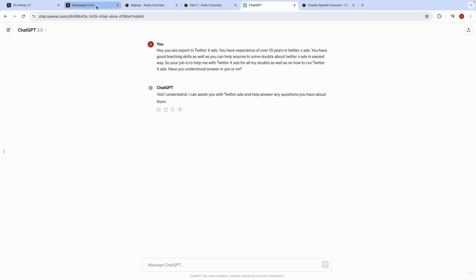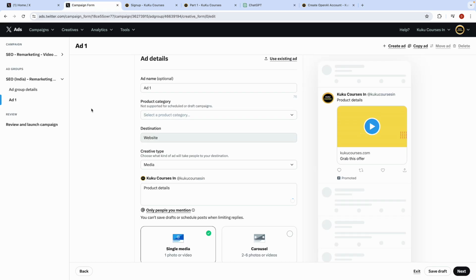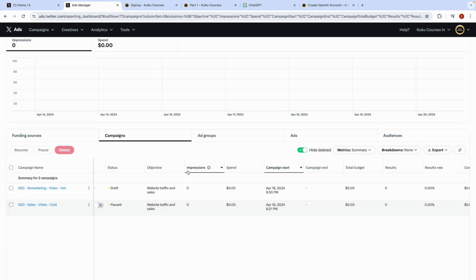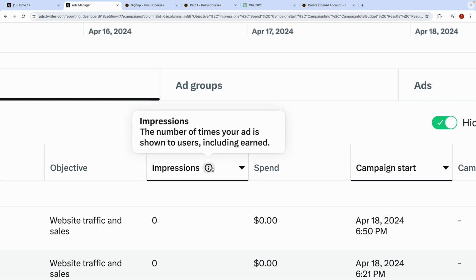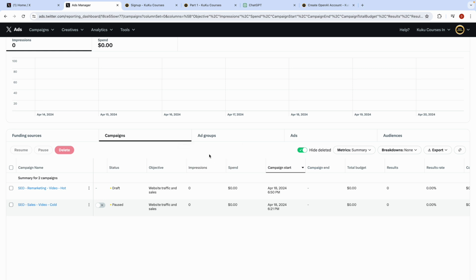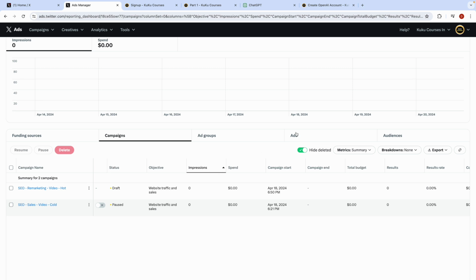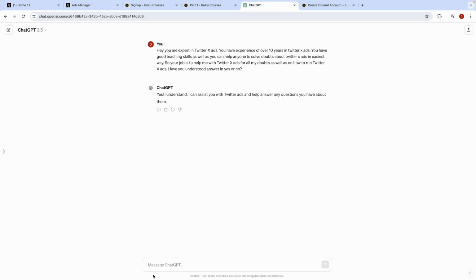Now maybe, let's say, if you're not understanding something, for example the meaning of impression. Twitter has given you this I option where you can read about this, but still if you don't know about impression, and even if you read from here you are not understanding, you can go ahead to ChatGPT and say